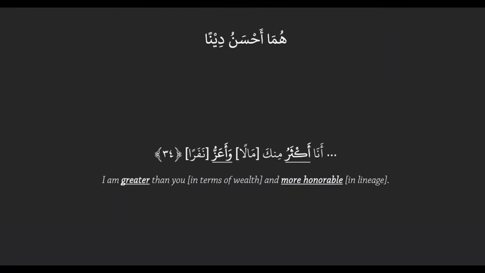Huma ahsanu dinan. Ahsanu is the comparative, and then dinan is a noun coming after the comparative with an n label, so that makes it a qualifier. And then a break between huma and ahsan, because specific followed by general. So the translation would be: they, two, or both of them,